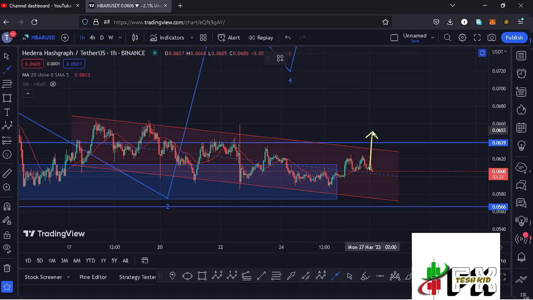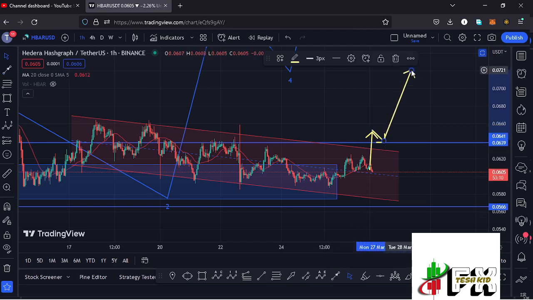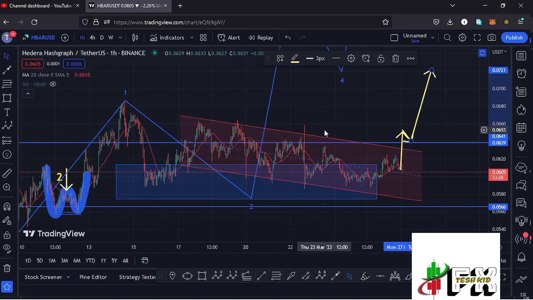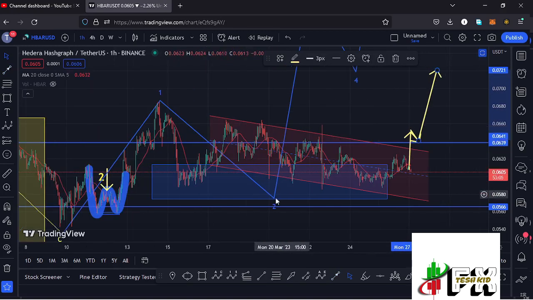And once the breakout plays out, then I'll be watching for a break above the key area of resistance at around the $0.0639 mark, and also watch out for a successful retest before we can continue gearing up and continue unlocking higher prices. And if that is the case, and assuming that Hbar is not going to give us one more leg down